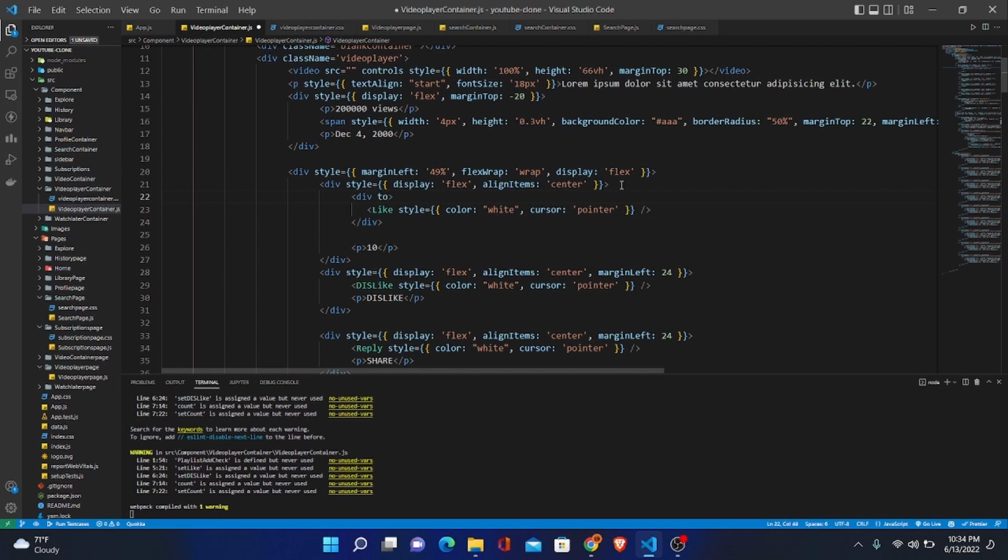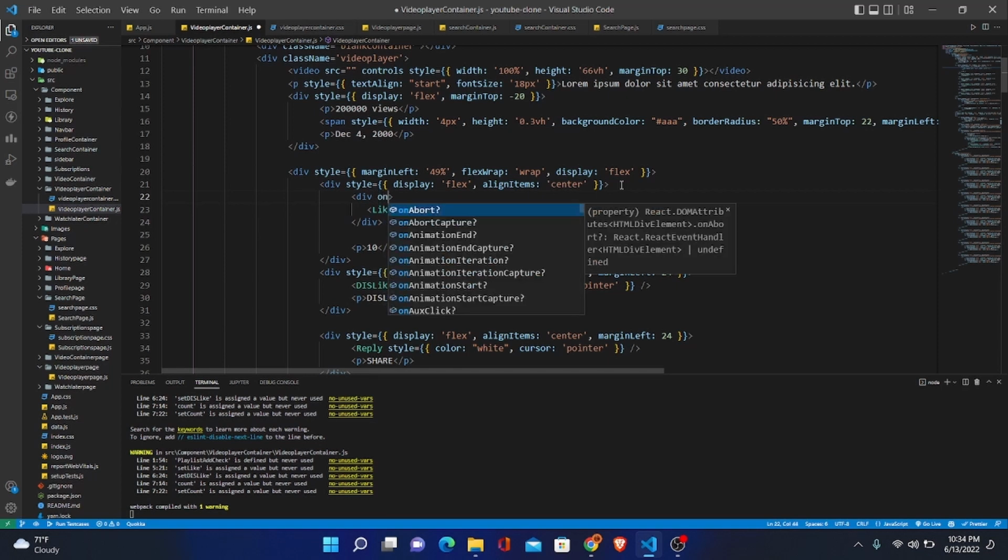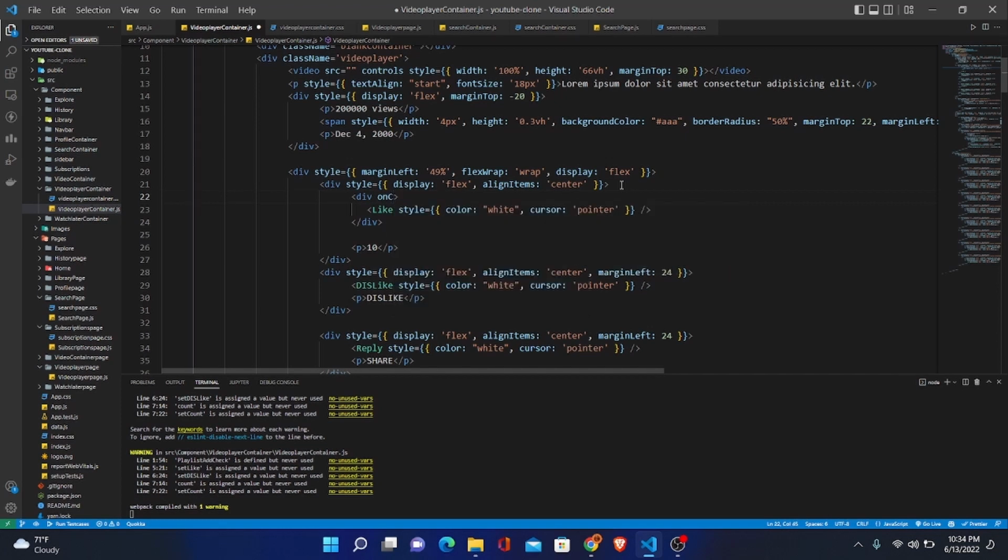Okay, so what I need to do is let's add onClick, not on. So let's write onClick, handleLike. Let's remove this space,